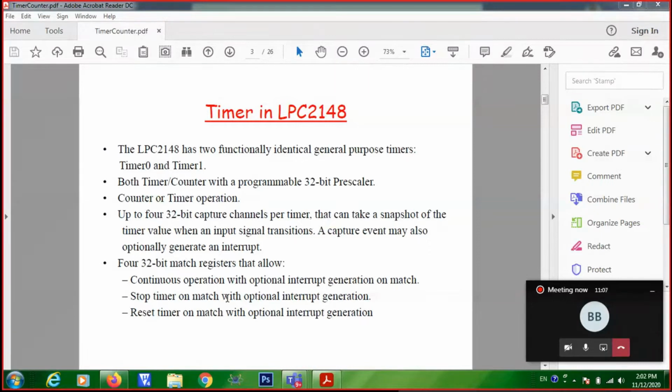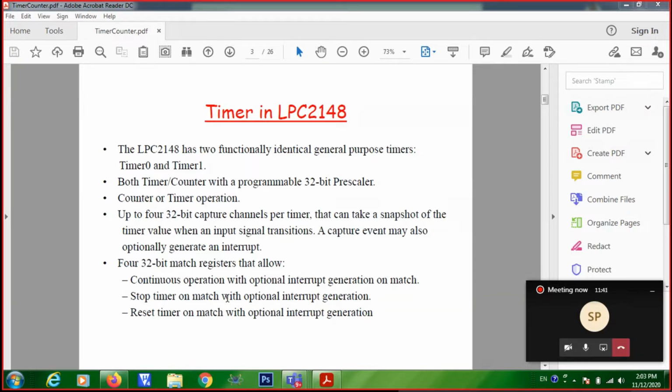Which clock are you giving to the timer peripheral? PCLK, the peripheral clock. Whenever it gets one clock, the timer counter will increment. So the timer is basically a counter keeping track of PCLK. Whenever it receives a clock, it will increment.